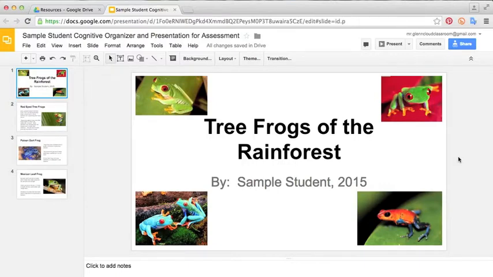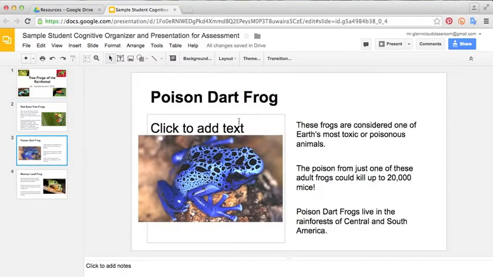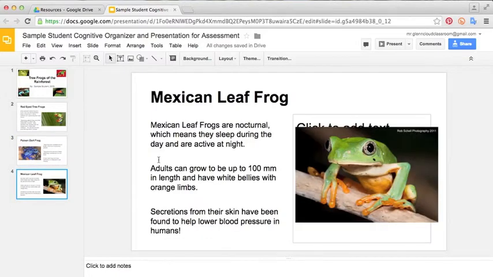So here, in this one, I have, as an example, a little presentation on the tree frogs of the rainforest. As you can see, it's just a very basic presentation. I've got some pictures of different types of frogs. And with each slide, I have a little bio about each kind of frog, just with some fun facts. Here's the red-eyed tree frog, and you can read this if you like. And then we have some facts about the poison dart frog with a picture. And last but not least, we have the Mexican leaf frog. A fun fact about that is it has secretions from its back that can be used to help lower blood